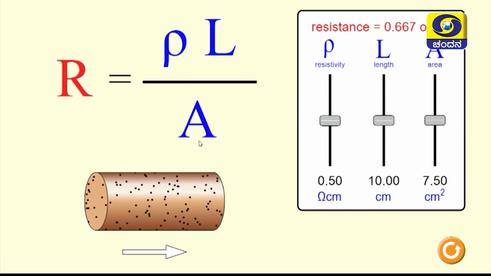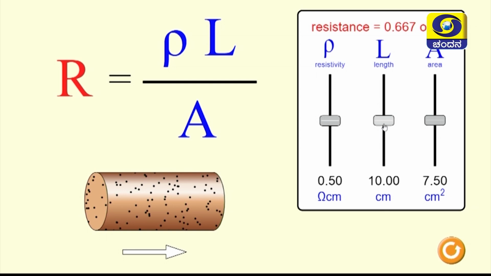Children, this is an activity to verify the impact of change in length of the conducting wire on its resistance. As you can see, this L is the length of the conducting wire at the bottom, and now we need to vary the length of this conducting wire and see what happens to its resistance. The length of the wire is 10 centimeter and the resistance at the top you can observe